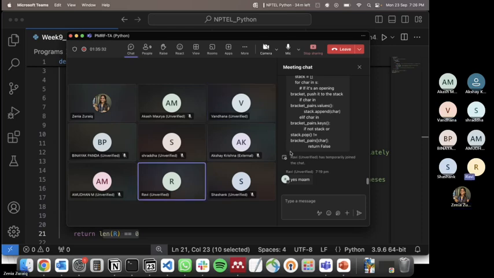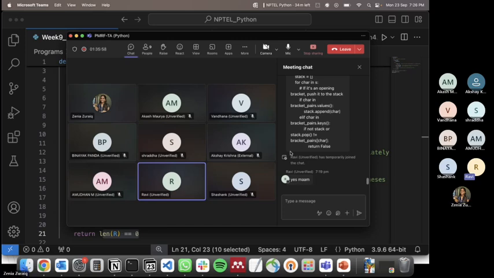Actually, I was trying some other way. I think it's basically the same thing, but I tried it in a very simplified way. What I did was I created a stack. I maintained a pointer called top of the stack, and whenever I saw an opening bracket, I pushed it into the stack, and as soon as I saw the closing bracket, I checked the